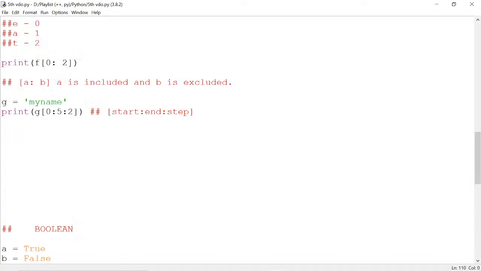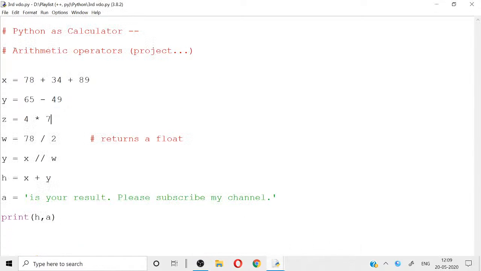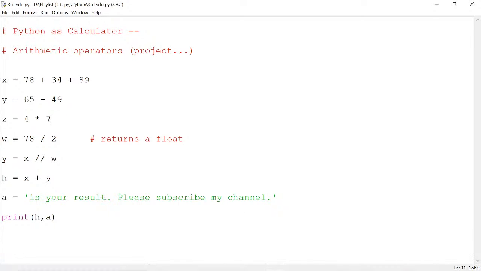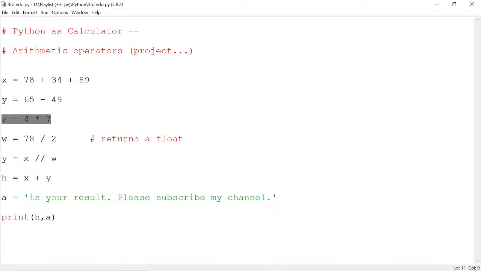This was much for this video, but before ending this, I want to discuss this code with you. I have shown you this code in previous videos, and now I want to explain what this does. Here is an x variable which adds 2 numbers. Here is a y variable which subtracts 2 numbers. Z is a variable which multiplies 2 numbers. W is a variable which divides